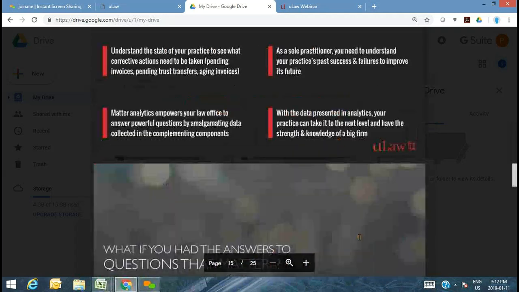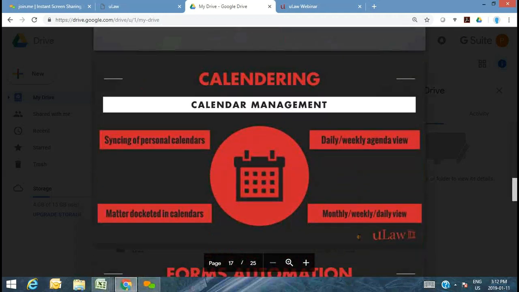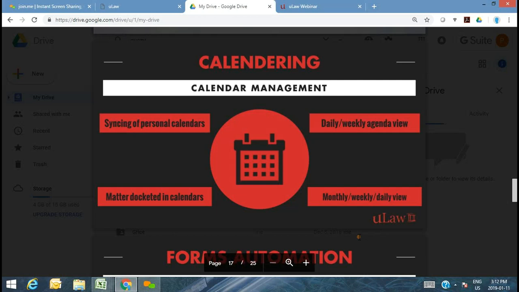I'm going to kind of really skip some of these aspects that are more specific to uLaw. From a time management perspective, we spoke about this briefly, and I'll touch upon it. We've often seen law firms that are still doing manual, paper-based, file-based work, but they may actually have a calendaring system. Today's practice management software does often offer calendaring as part of the package. Again, it's just a matter of doing the appropriate research to find which ones provide the best comfort for you.